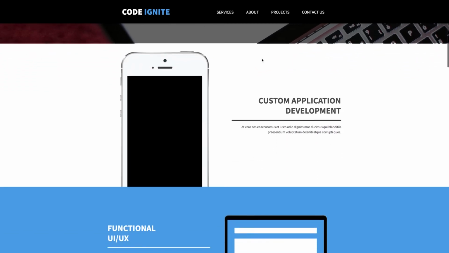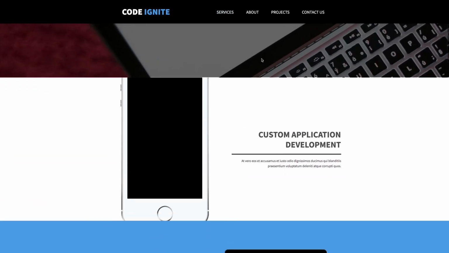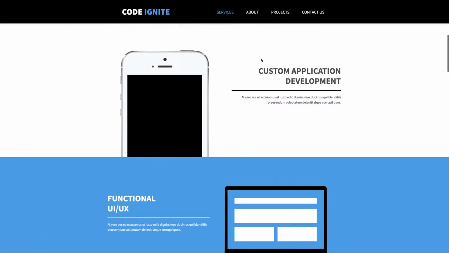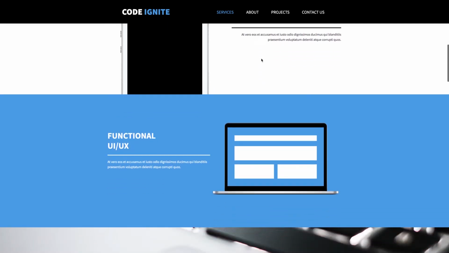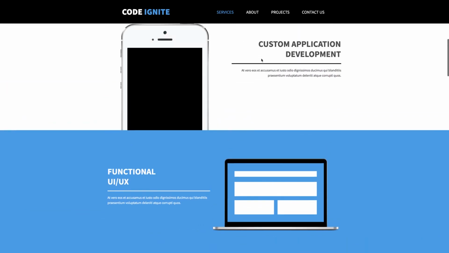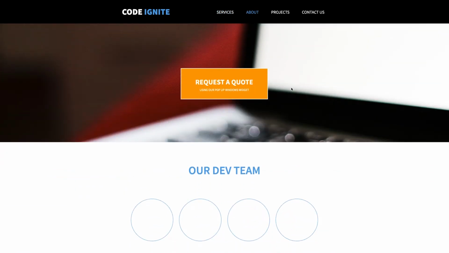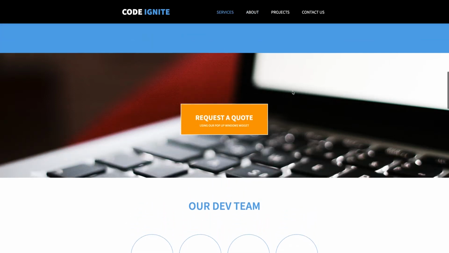Coming down to this app development section, we get this really awesome effect with the phone graphic sliding its way into view as you scroll into place. And this is a really creative way of using scrolling effects in Muse, and we'll get back to that in a minute. Now, if I click our About link on the menu, we get moved smoothly to another cool full-width